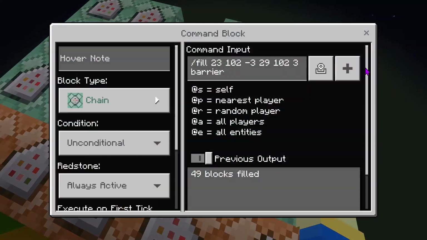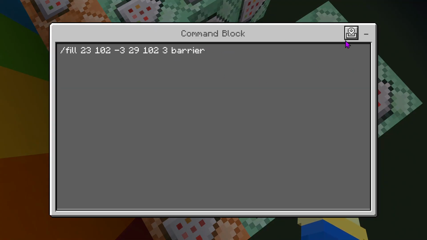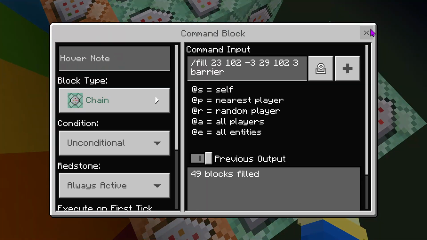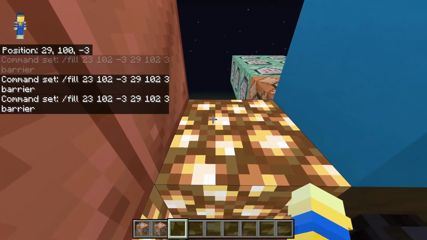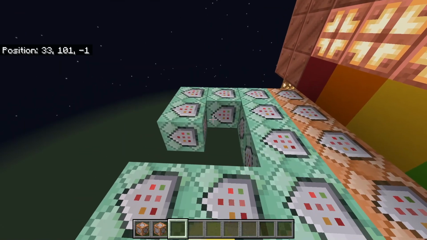Now these ones, after you do the fill air, you fill for the regular high gravity, you fill in the block right above your head with barriers, so that way it stops you from jumping. Because on Bedrock Edition, you can't just give yourself jump boost 255 because that...